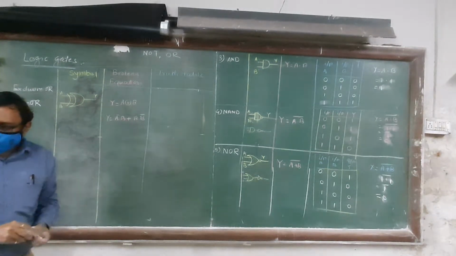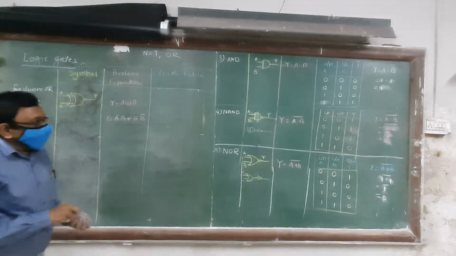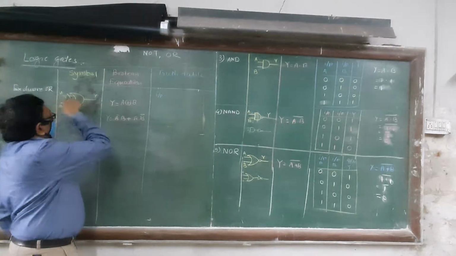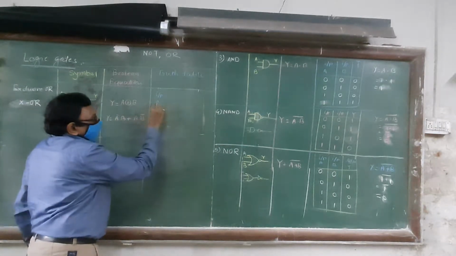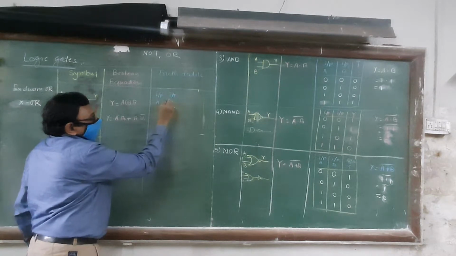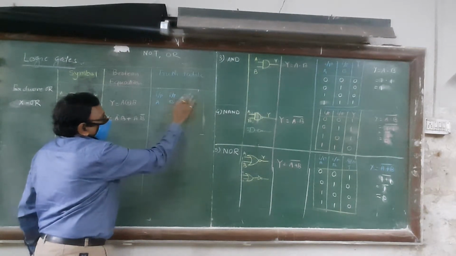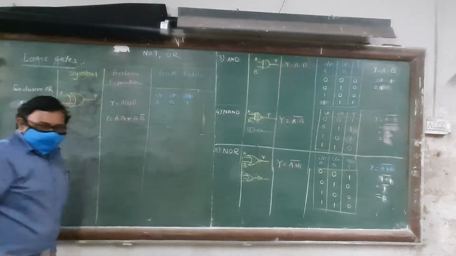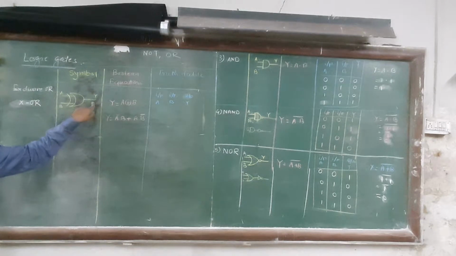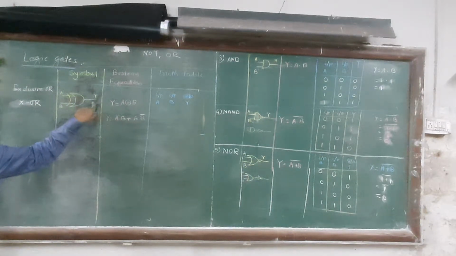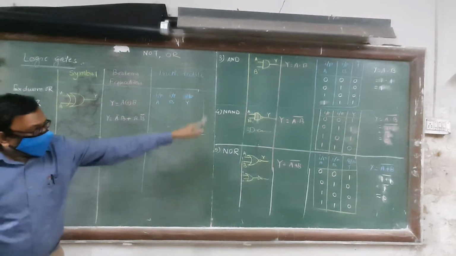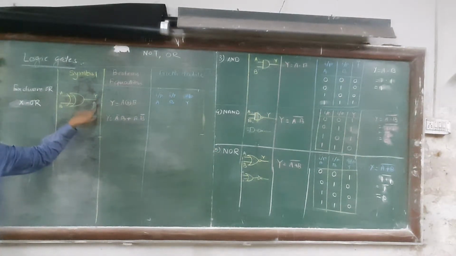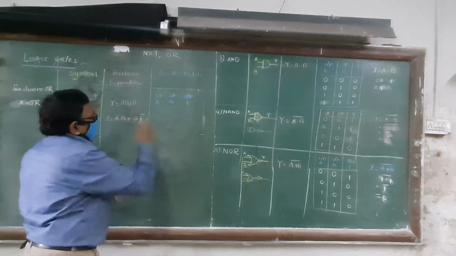Now we discuss its truth table. You know, in the truth table how many inputs are there? 2 inputs, A and B. Input A, input B, and Y. Output is termed as Y. In your textbook, C is written here. You may use C or Y. In all gates, we use Y, that's why here we will write Y. Now, we take its conditions.